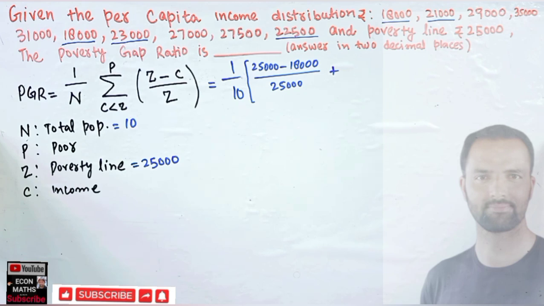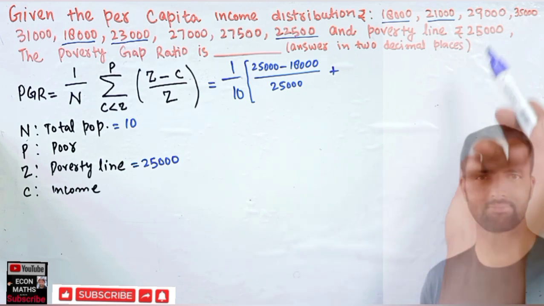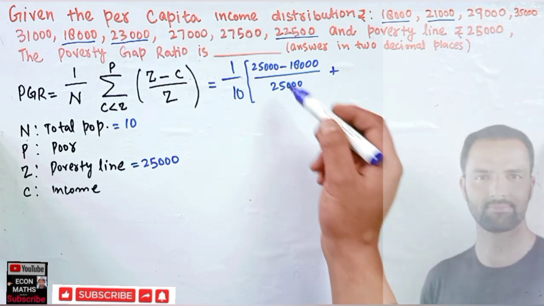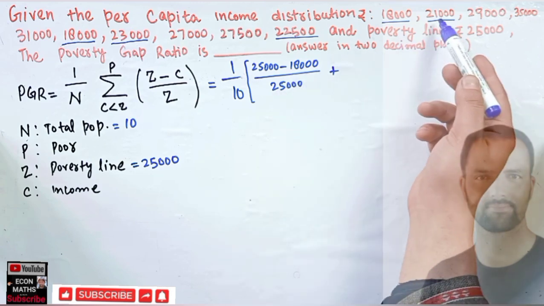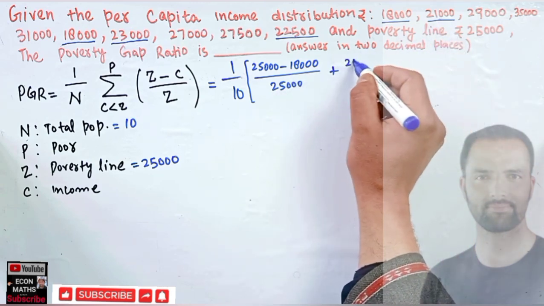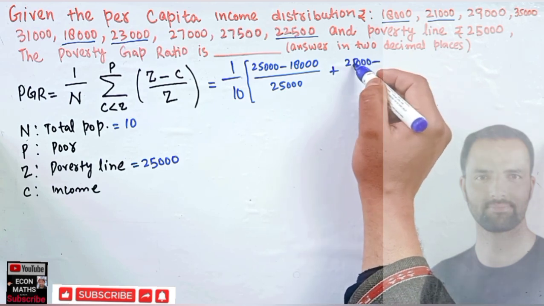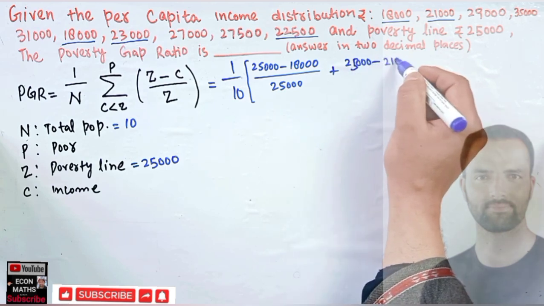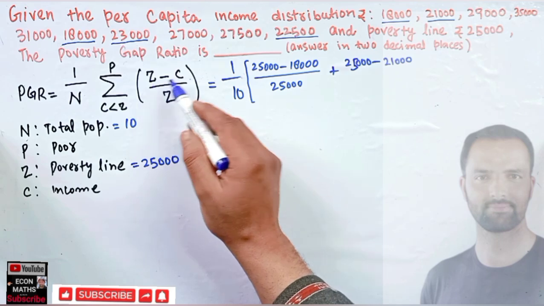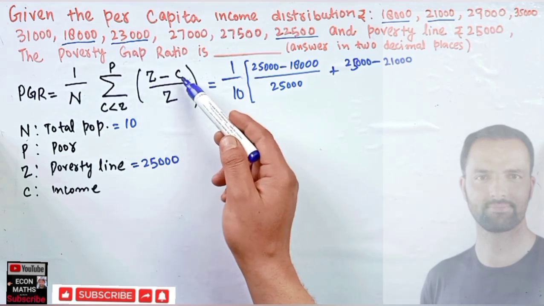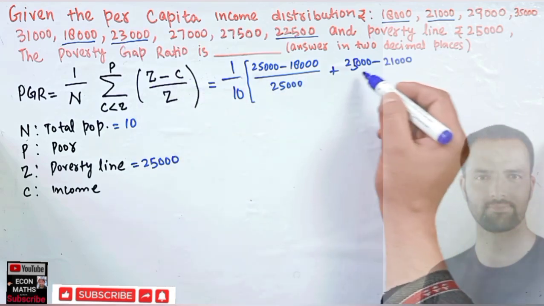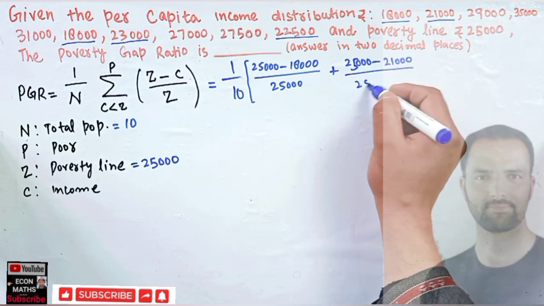We have 5 individuals whose income is less than the poverty line. So this is for the first individual. Then we have 25,000 minus 21,000. First we write the poverty line, then the income of the poor, divided by the poverty line, that is 25,000,